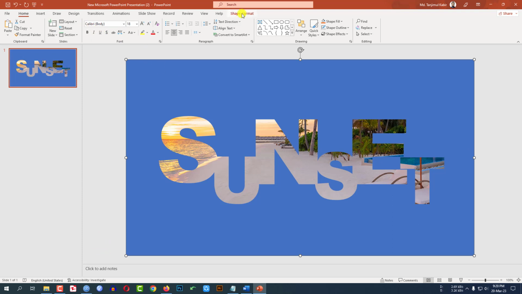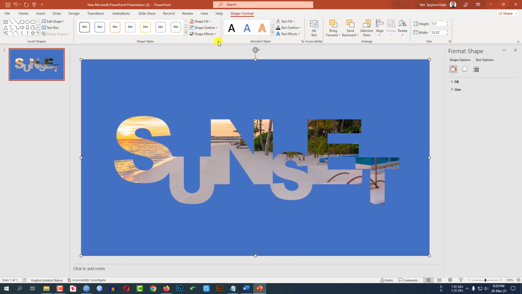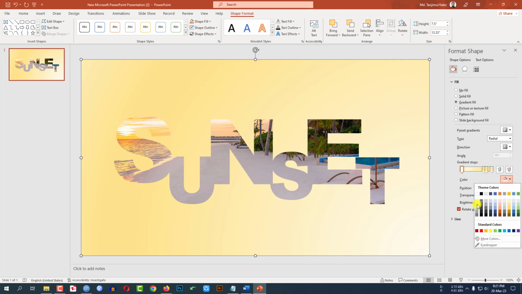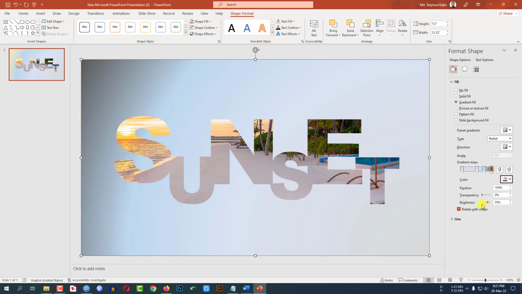Go to Shape Format, click on Format Shape, go to Fill, click on Gradient Fill. Select a gradient color from here. Select on Radial and you can change the gradient stops color from here very easily. Let me click on this. Let me select this color, select this one and let me select this color. Let me select this one and let me select this color and let me select this one and select this